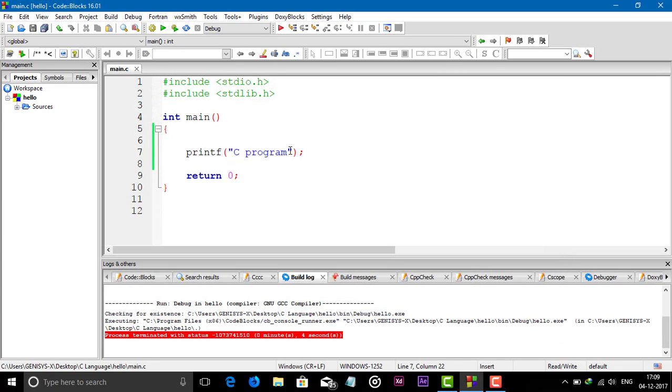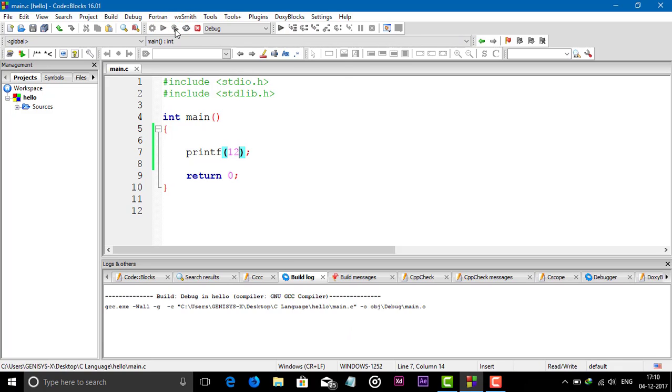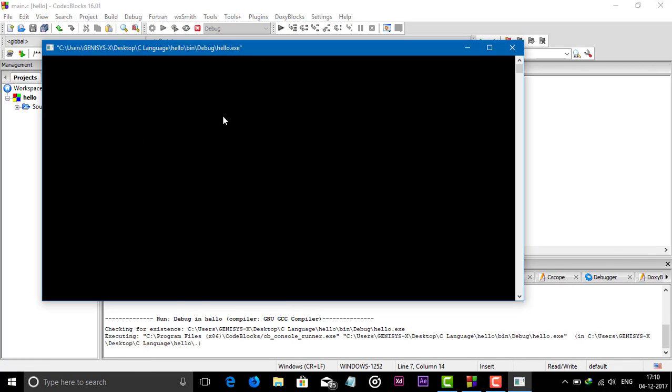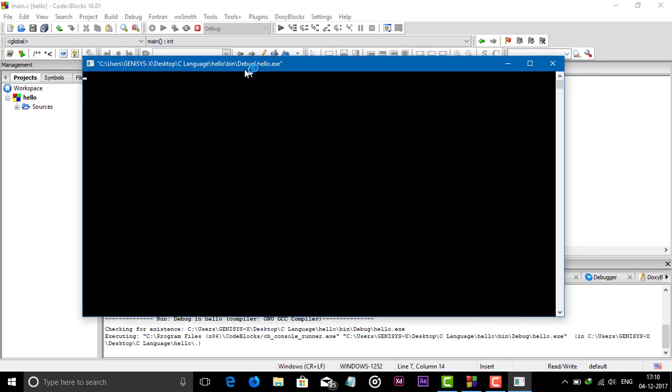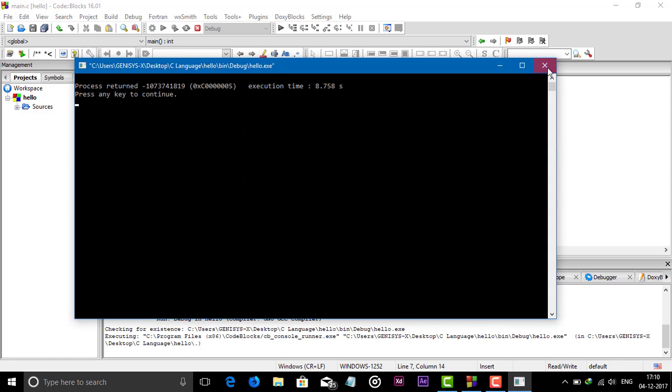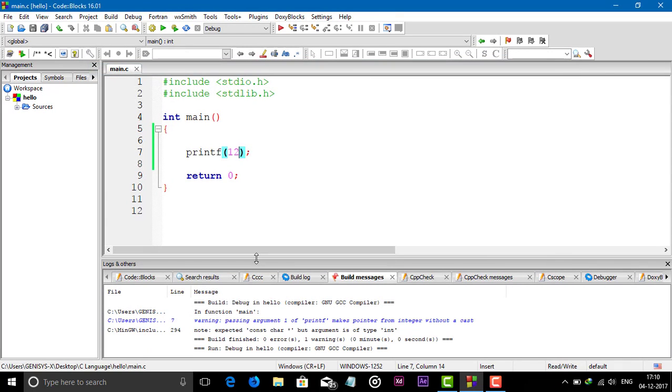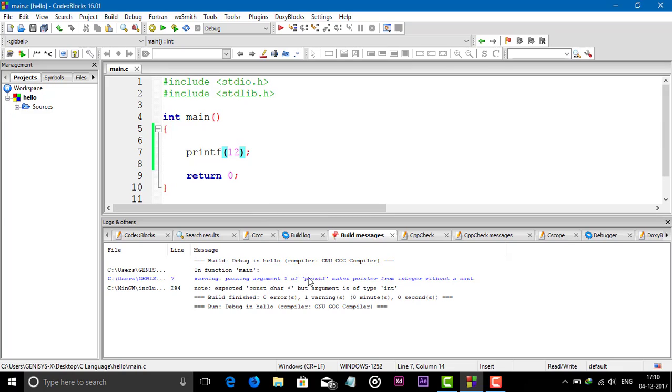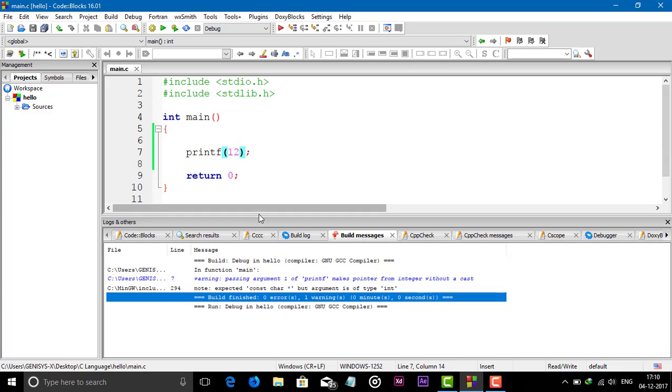So this is a string, but what if we want to print a number? If we go with 12 in printf and just build and run it, you can see here it will show an error, because this is not how it works. Just cancel, it won't work. Here you can also see it's showing a warning, because we can't just pass an integer value to the printf function. For that purpose we need